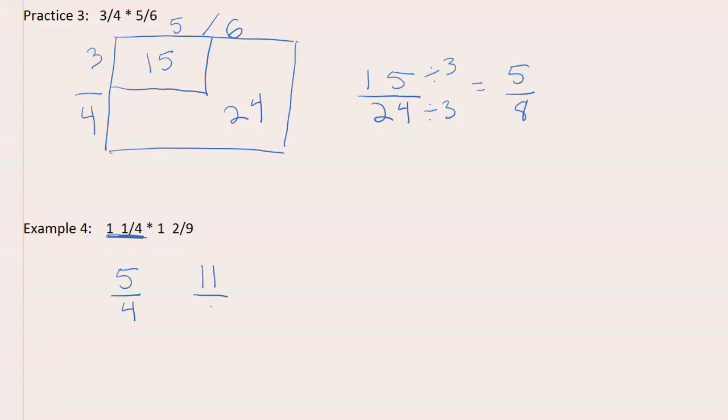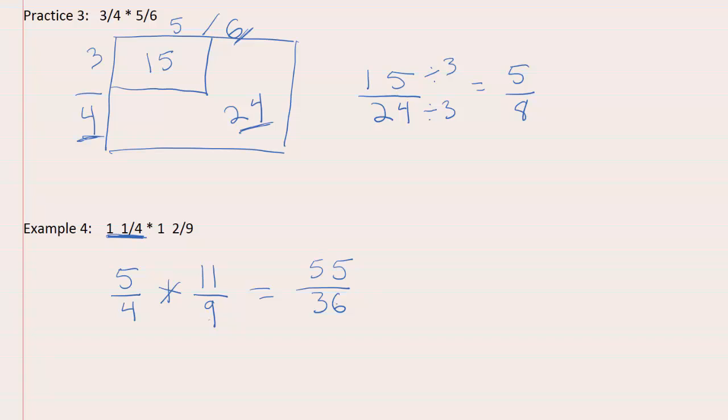So I've got 11/9. So just like we were noticing up here, the number that I got on the bottom was always just these bottom numbers multiplied together. So I'll go ahead and multiply 4 times 9 will give me 36, and on top I've got 5 times 11 will give me 55. And I want to check and see if there's anything I can reduce in this number. The top is divisible by 5 and 11. The bottom is divisible by 2 and 4 and 3 and 9. Don't have anything in common, so